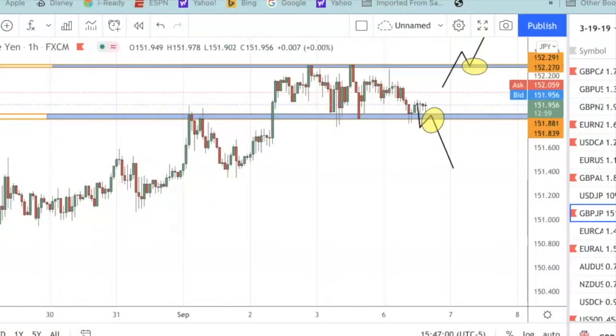In fact, I have some charts marked up right now, and I'm waiting for price action to occur, based on the way I trade, to enter into that setup. So let's go ahead and look at some charts right now, and I can show you exactly what price action looks like.